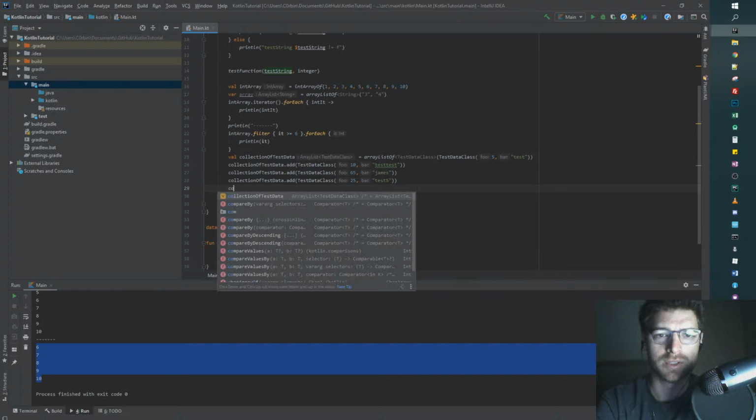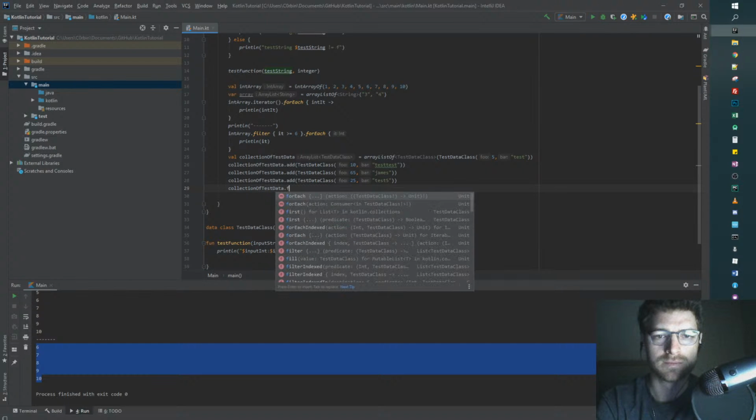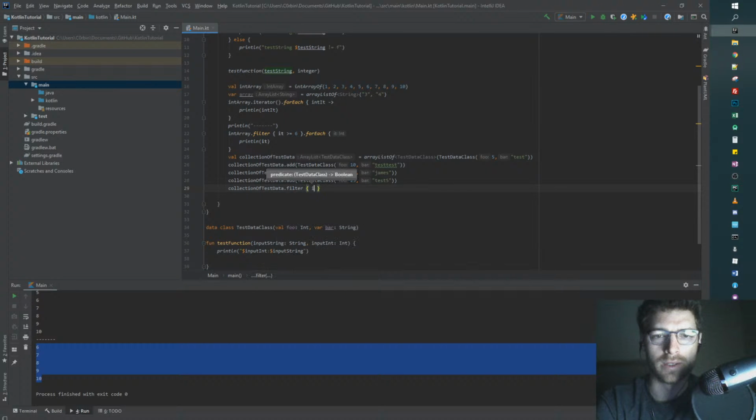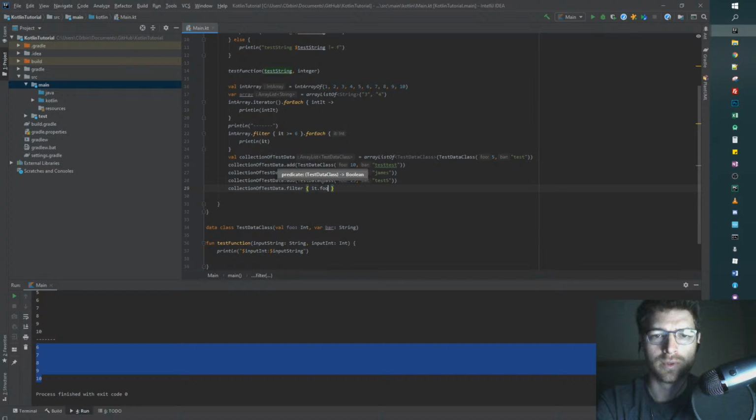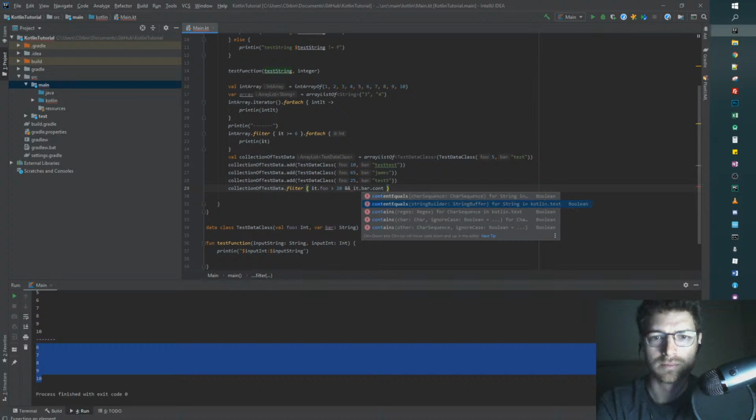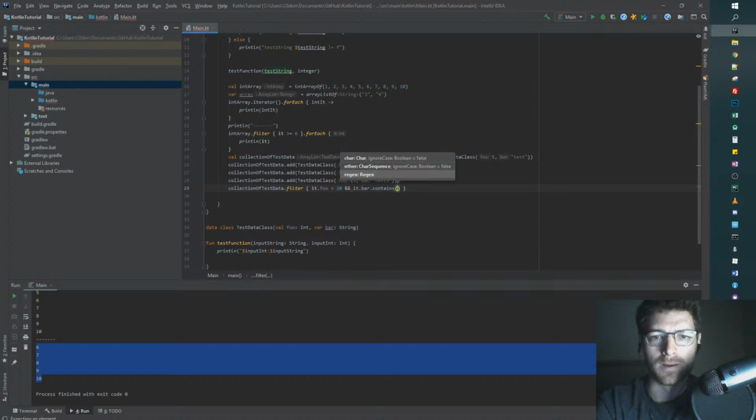And so collection of data filter, while it dot foo is greater than, let's say greater than 20, and the it dot bar is equal to or contains test,